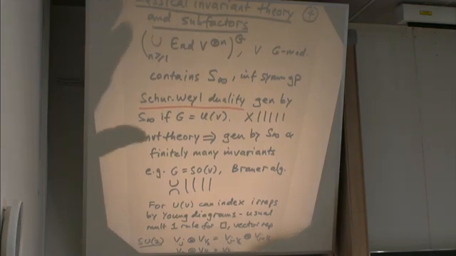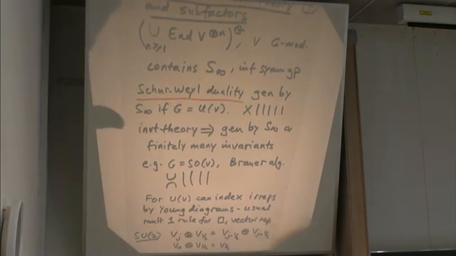Right. Well, given this duality, for the unitary group, you could index the irreducible representations by Young diagrams. That's what happens for the symmetric group, so there's that kind of duality. And you have the usual multiplicity 1 rule for tensoring with a vector representation. To a Young diagram, you add a box wherever you can, and if you can't, you don't add it. And so you have a kind of multiplicity 1 rule.